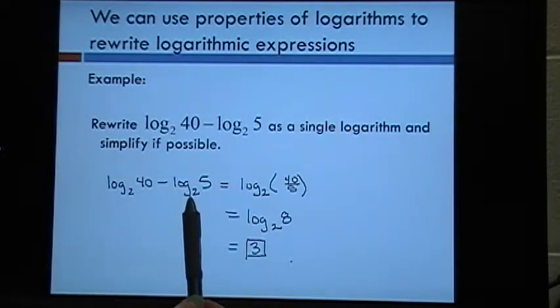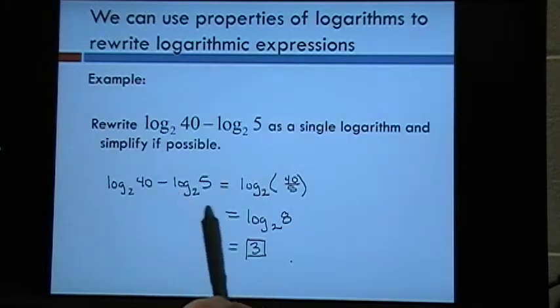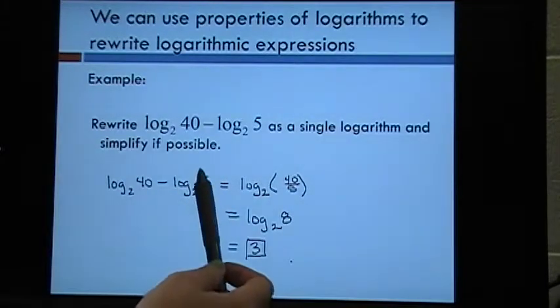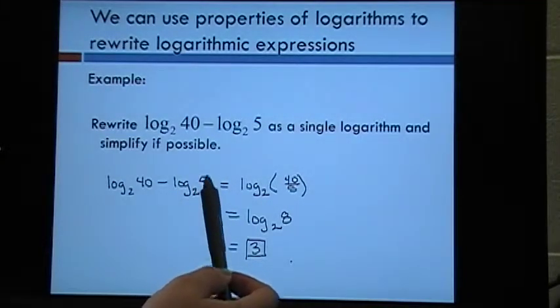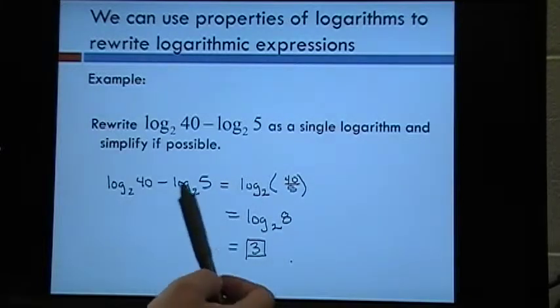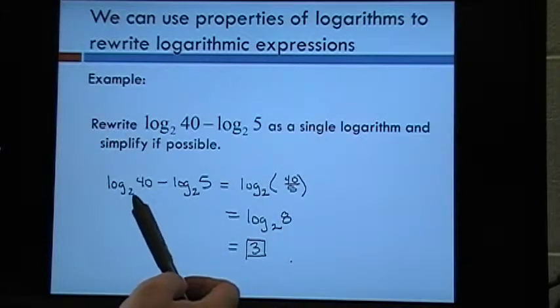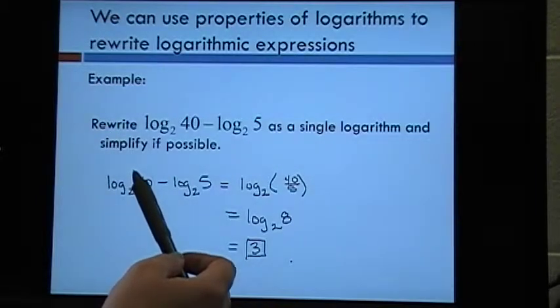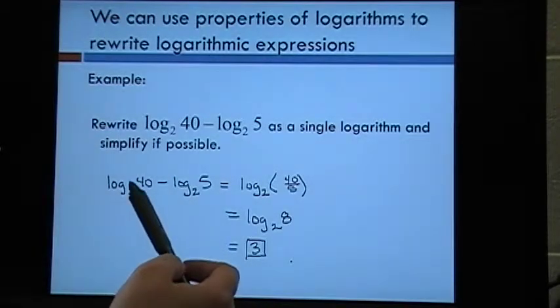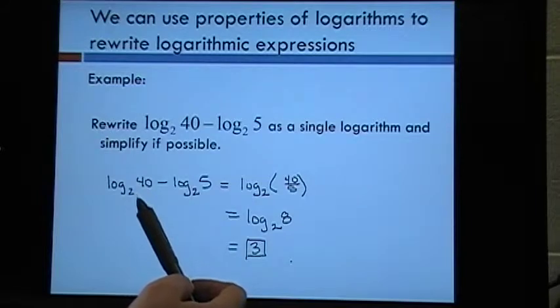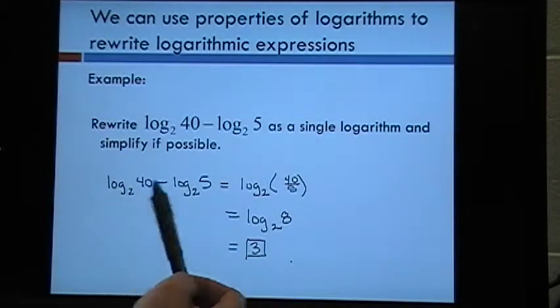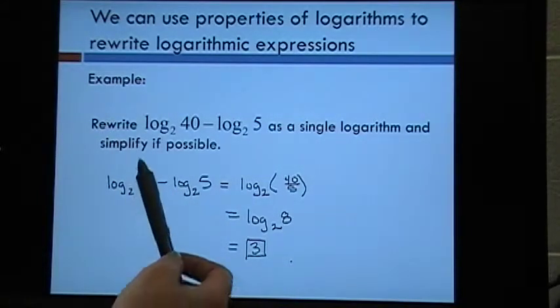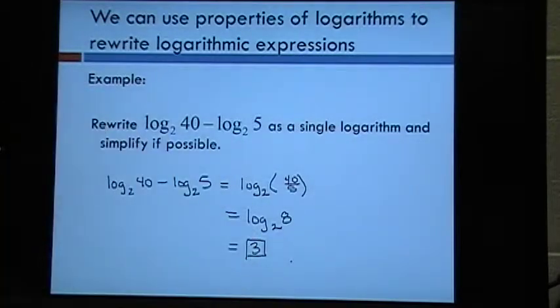I do know this would be a value between 2 and 3, because 2 squared would be 4 and 2 to the third is 8. And also here, I know that this would be a value between 5 and 6, because 2 to the 5th power is 32, and 2 to the 6th power is 64. So I know, ballpark, but I can find the exact value of this difference without ever having to reach for